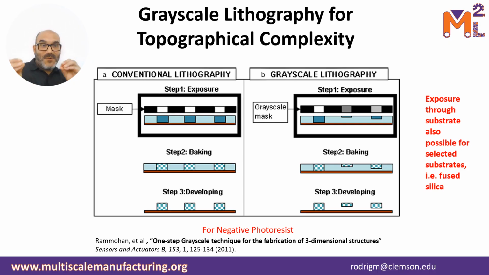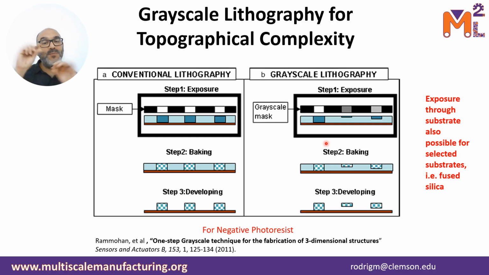So far, I was telling you about the use of this mask in order to do conventional lithography, right? Where you either deliver a full dose of light or not light at all, right? So this is pictured here on the left image, where you have the regions in white that get fully exposed, right? So basically, you have the whole thickness of the material that you wanted in the area or no thickness at all. There is an alternative called grayscale lithography, where instead of delivering either full dose or no dose,